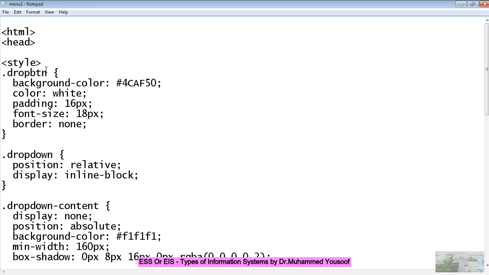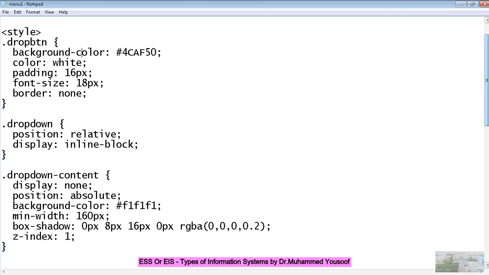So I make a button, and when I keep the pointer over it, what is going to happen? The drop down menu has got a drop down. When you click on the menu, there will be some items. Similarly, I want the position to be relative, so some of the properties I change. Don't worry about it. This code is exactly taken from w3schools.com. I am just giving you the idea in a very short way to understand it.